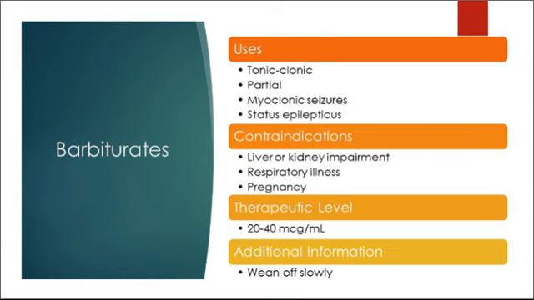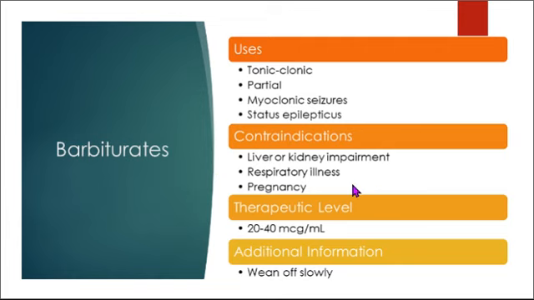Okay, more on your barbiturates. It is used in your tonic-clonic, partial seizures, myoclonic seizures, and status epilepticus. You should have your lecture on your seizures, which should go into all these types of seizures. So it's multiple types of seizures, contraindicated in liver or kidney impairment because it is metabolized in your liver and